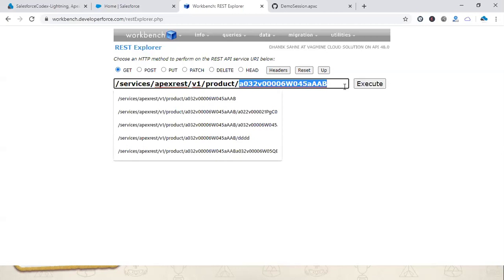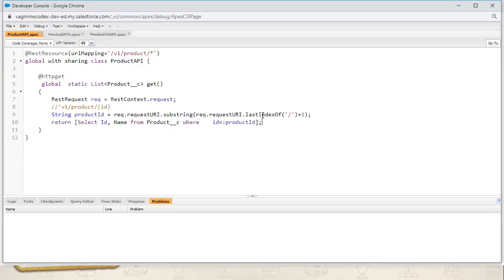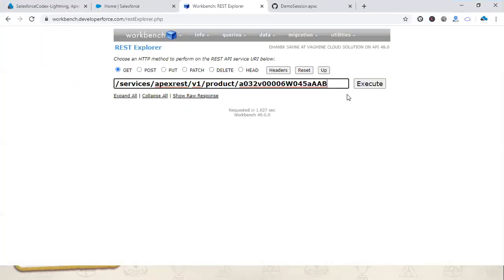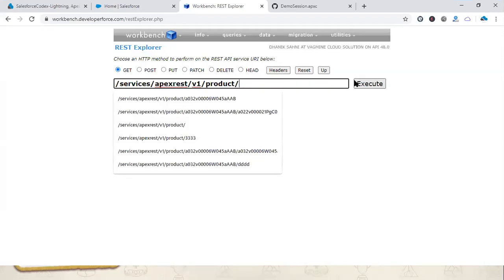So what I have done is simply get the last index of this value, and after that, whatever is there, just get the data. It will give you the ID of that value, and it can extract the specific product information. So let's show if there is data or not. It's not showing, probably that product information is not right.